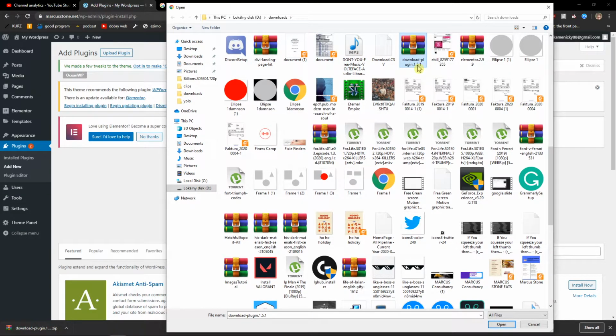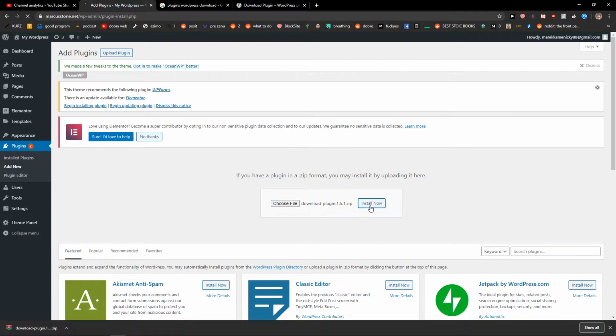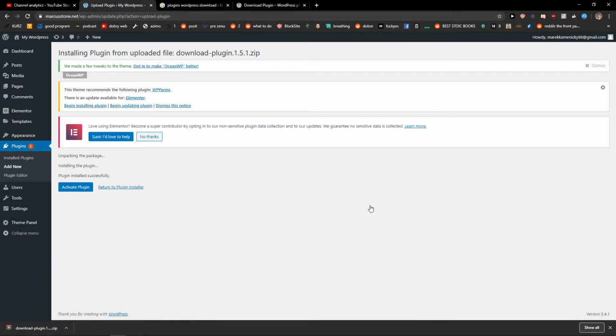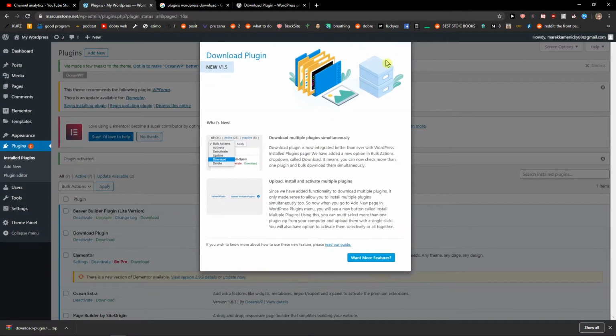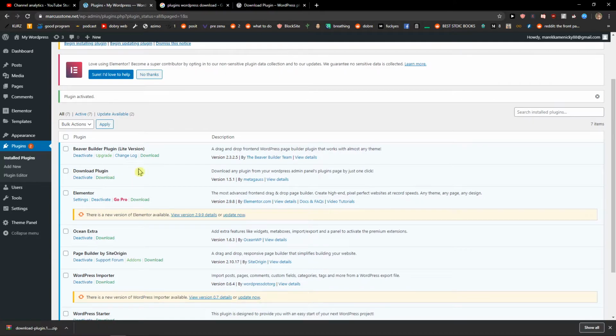Download plugin. Just upload it and install now. Activate the plugin. And now, as you can see, the plugin is called download plugin, and this is how